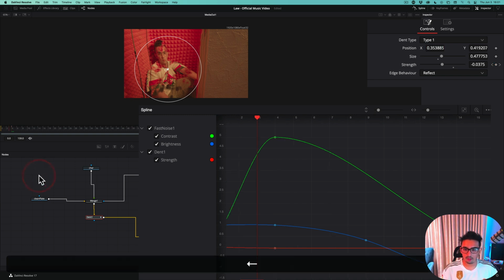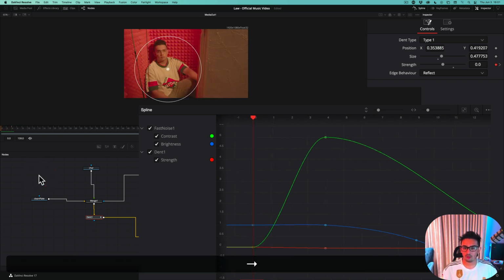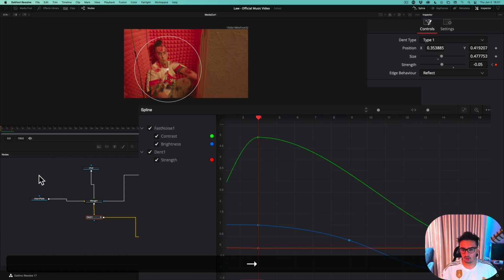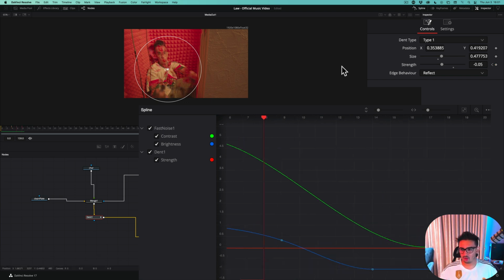Let me just go back 1, 2, 3, 4. So we go 1, 2, 3, 4. Then we go again 4 frames. 1, 2, 3, 4. Maybe what I'll do is, since I am still vanishing technically right here, what I'm going to do is take this keyframe